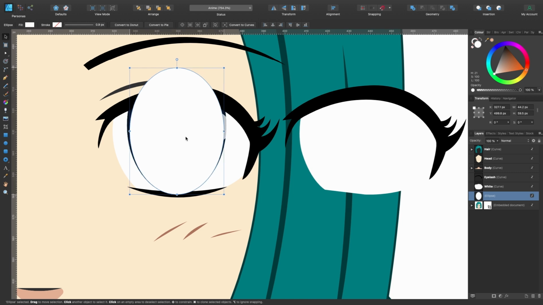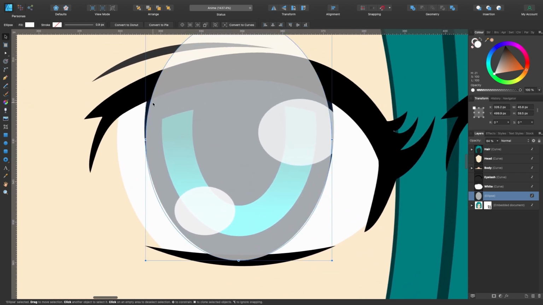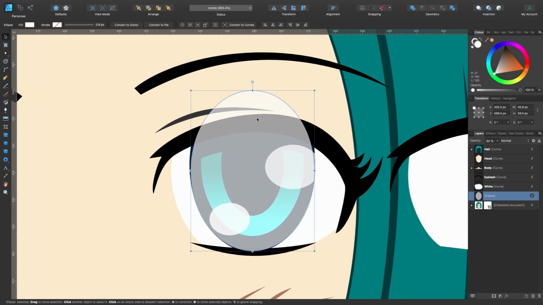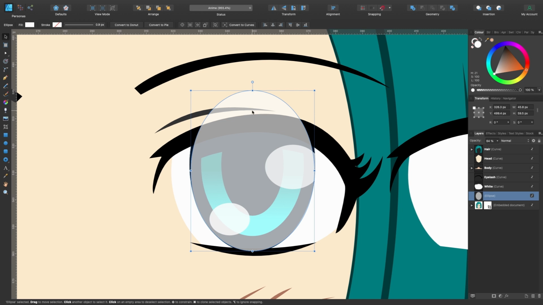Press V, the move tool, move it around until we get what we want. So about here, it looks a little bit wider at the top here. So if I bring down the opacity here, so we can see what's going on. Yeah, it's a little bit wider here. So to make it wider, we need to convert this to curves. What we did is we grabbed the ellipse tool, we dragged it out, and in the layers panel, it still says ellipse. So we want to get those handles back, those nodes, so we can start manipulating the shape a little bit more. So what I do is head straight up to convert to curves.